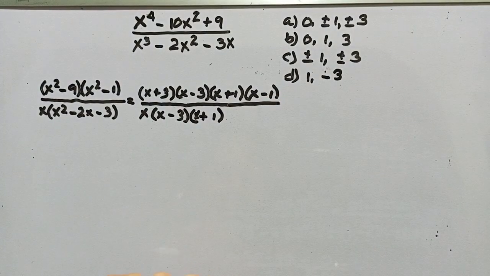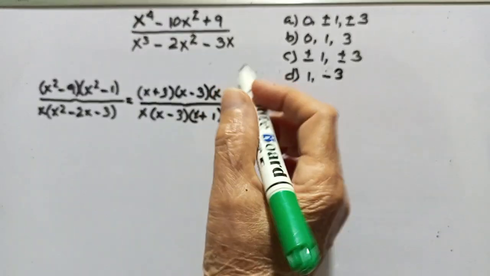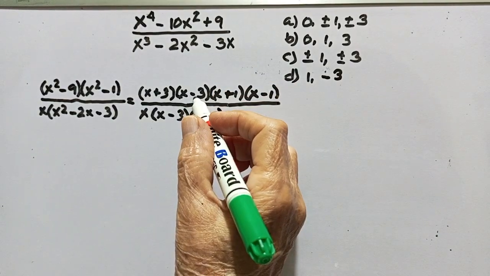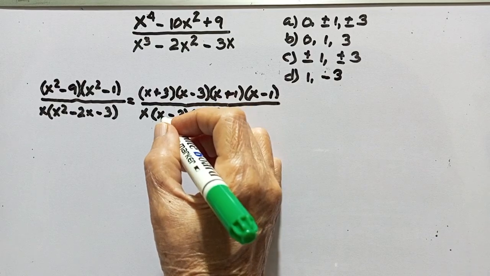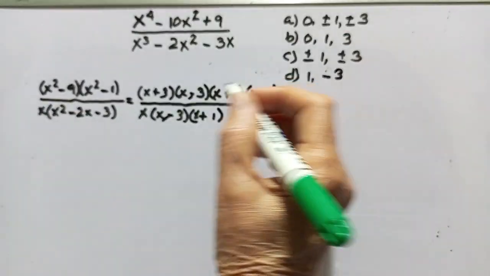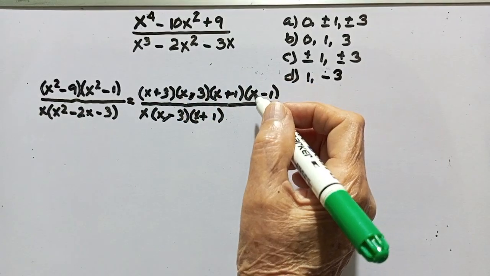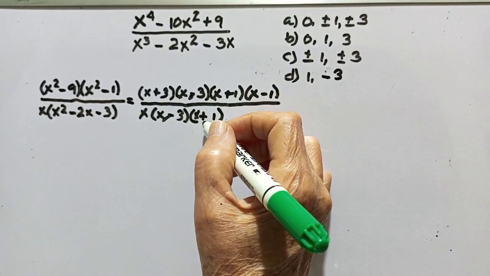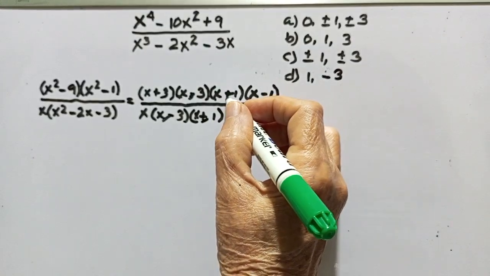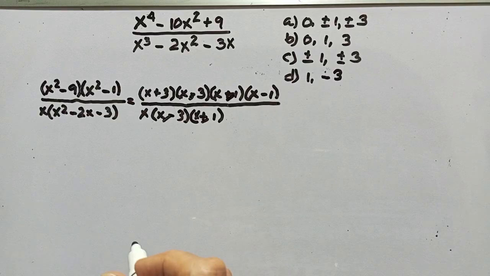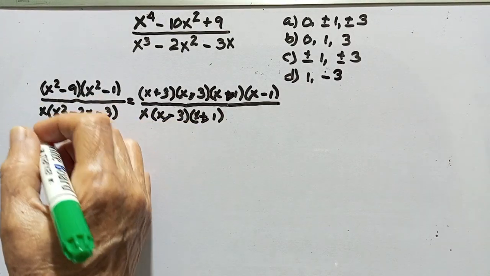Okay. Let us now apply the cancellation process. We have x minus 3, we have x minus 3. So that will cancel. And then we have x plus 1, we have x plus 1. So that will cancel. So what is left now is